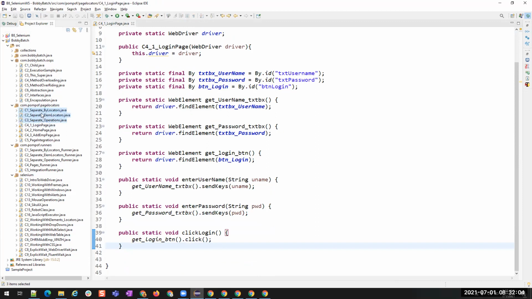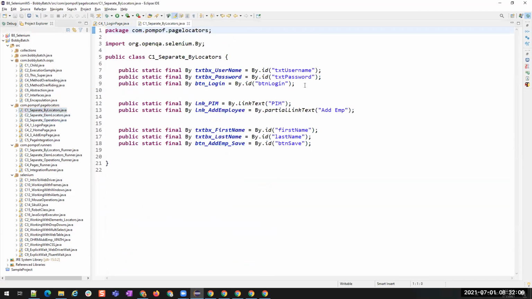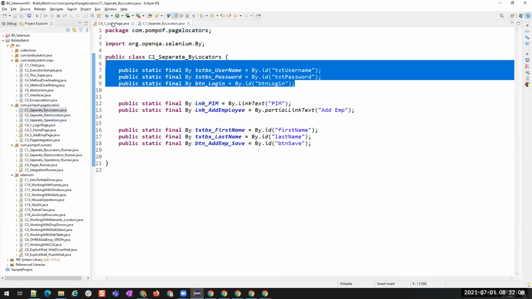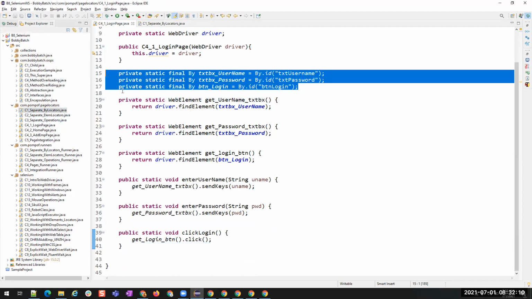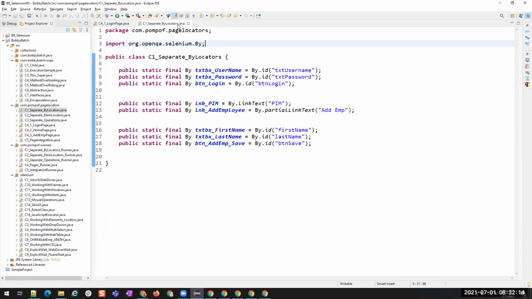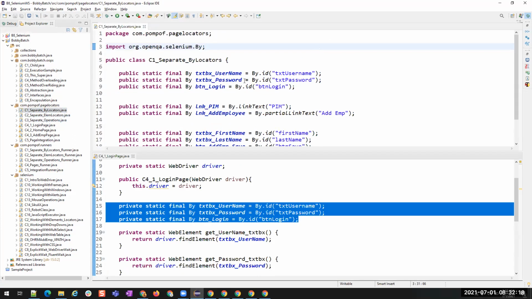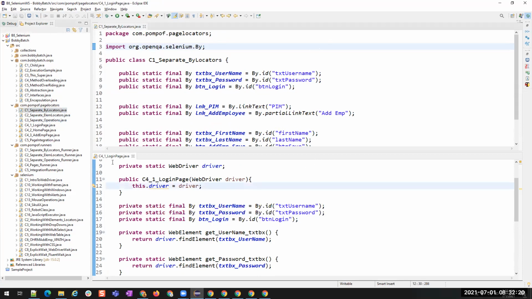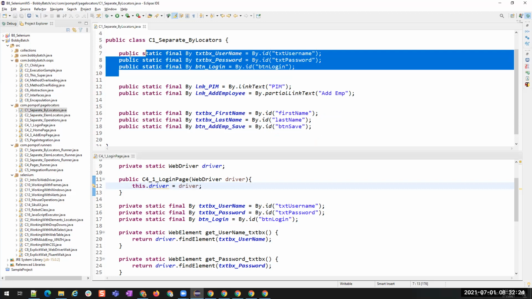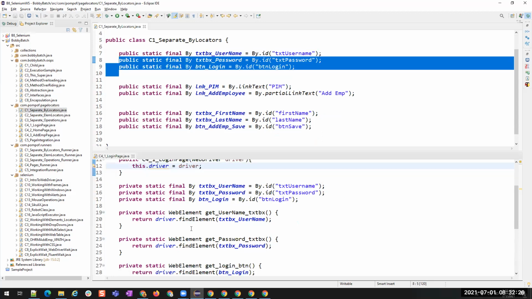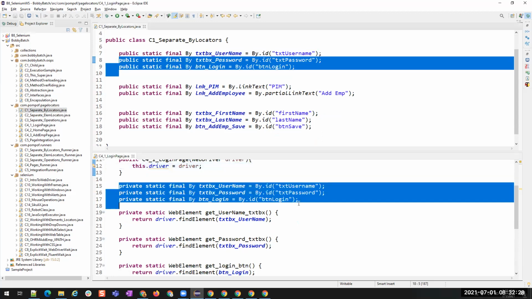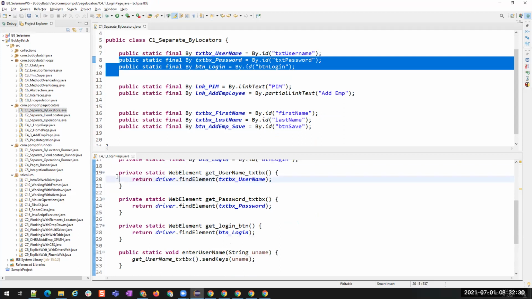I came level by level. See, in the separate by locators, what did I do? I just had these by elements, which is the same as this, right? You understood? You can compare it now. This is the login page and this is the normal by locators. In this by locators, I'm having only by elements, but here I'm having by locators along with the elements.